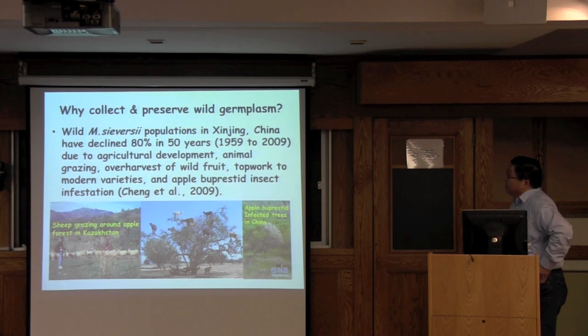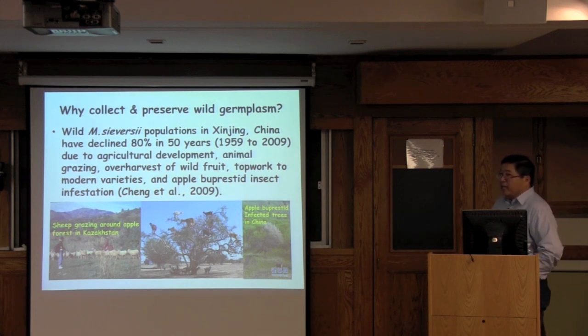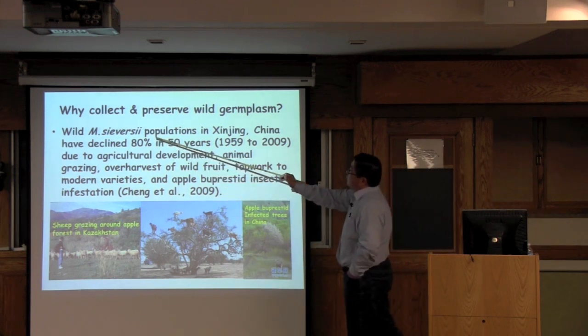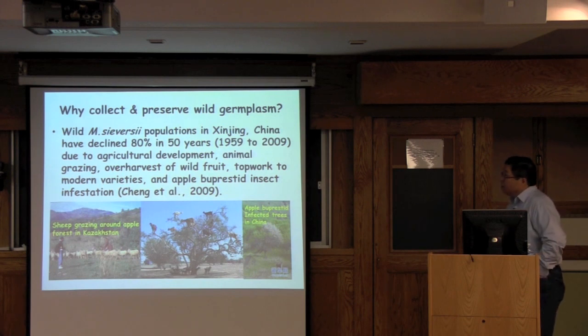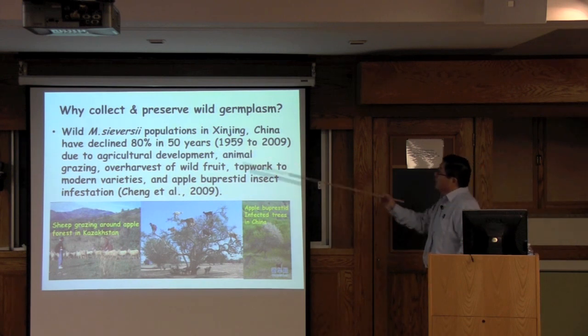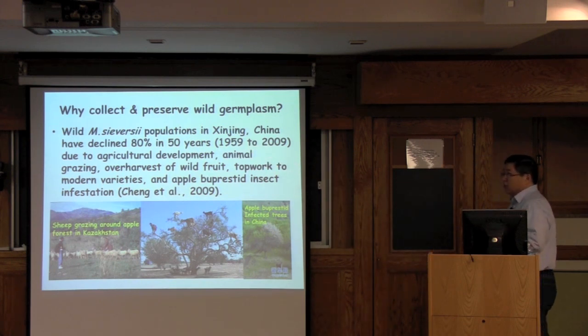Chen from the Chinese Academy of Science did a survey in 2009. They compared the native range of Malus sieversii in Xinjiang, China, with a survey done all the way back in 1959. Basically, they found out that in the time frame of 50 years, 80% of the native